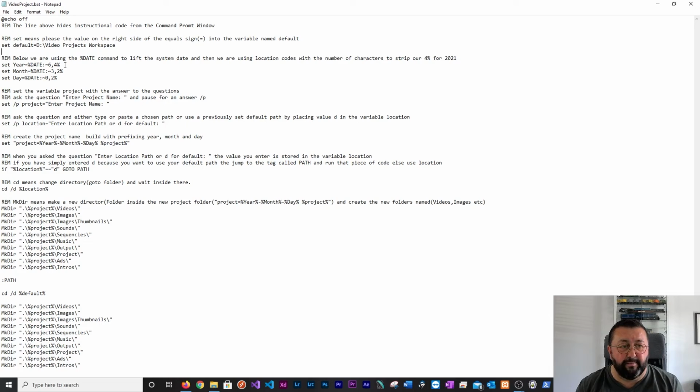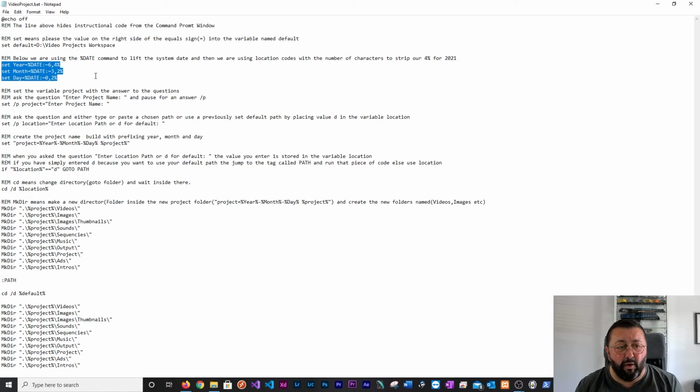including your spaces or forward slashes. And similarly with month, that's a positional date for month and the positional date for day. So we have the year, the month and the day. So why am I doing this? Because I want to use year dash month dash day to prefix to my project name, as that's my preferred method of naming. If you don't want the date in front of any of your projects, simply remove this code